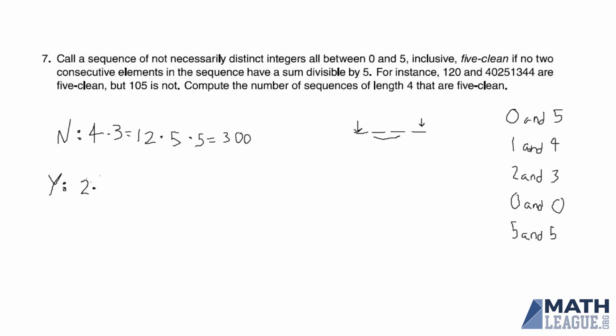And then finally, once we've picked whether we're putting a 0 or a 5 in one of these spaces, let's say, for example, that we put a 0 in this space, then we can't put a 0 or a 5 here, but we can put any of the integers from 1 through 4 inclusive, for 4 choices for the other number in the interior. Then for whatever number goes here, we'll have 5 choices, any number except the one that makes this number add up to a multiple of 5,